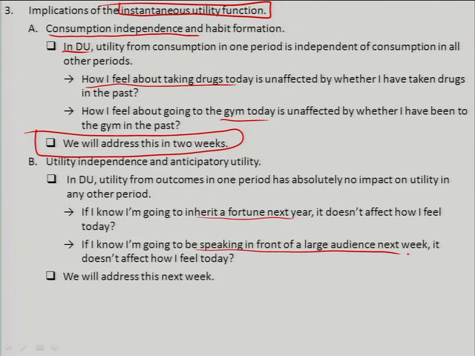We're going to address this next week. We're only going to talk for one lecture about anticipatory utility, utility that you get now, which is different from taking into account the utility that you'll get in the future. In anticipatory utility models, you will also take into account the fact that if x1 is inheriting a large fortune, you may like to fantasize about that in period 0. You shouldn't, because winning that much money usually means that you'll lose all your friends. But